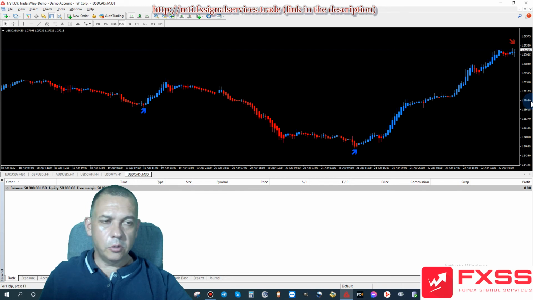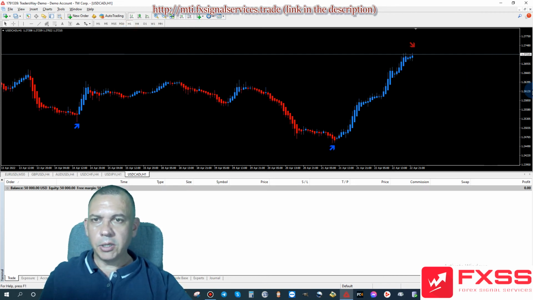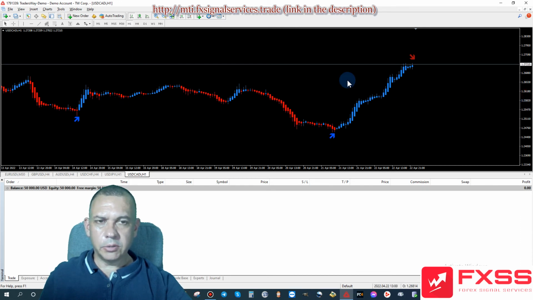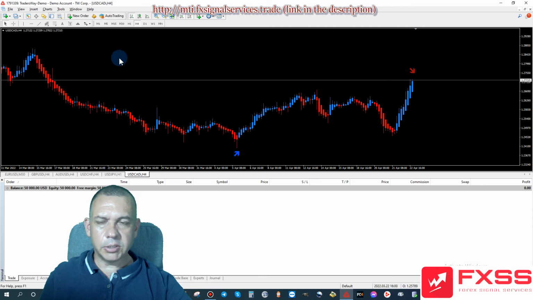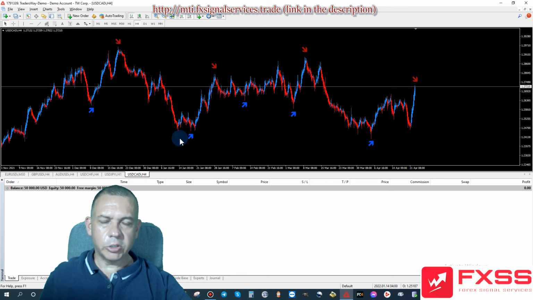Moving on to US dollar versus the Canadian dollar, the final one in our list here. And you see here we have some blue arrows, and the price did go up this past week, which, surprise, surprise, the US dollar went up. Looks like it's getting ready to go down now. If you look at the 1 hour chart, again, same thing, it's getting ready to go down. If you look at the 4 hour chart, this is what I like to see. And if I zoom out a little bit, here we go. We get a bigger picture of the market, and we can see what's going on.